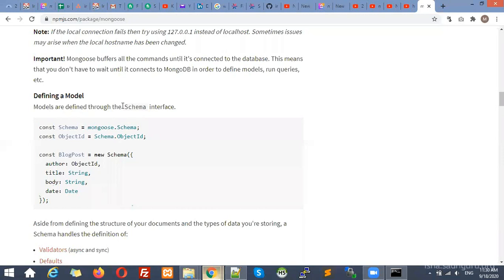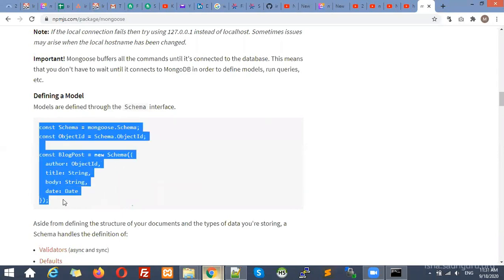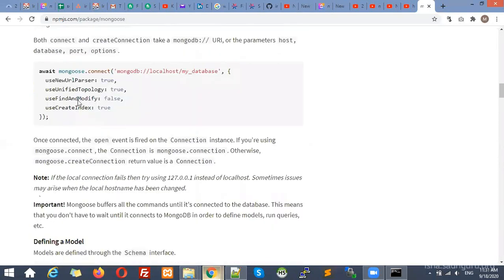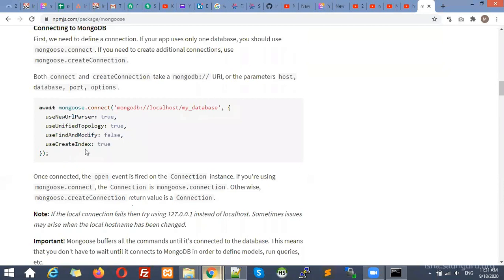I think you already learned about the MVC architecture, right? In that one, model contains the structure or schema of the database. View generally contains HTML files, and controller will have all the logic, or you can say queries, and all the logic will be available inside that controller. So this way we can create a schema. You can directly take it from here to save time.